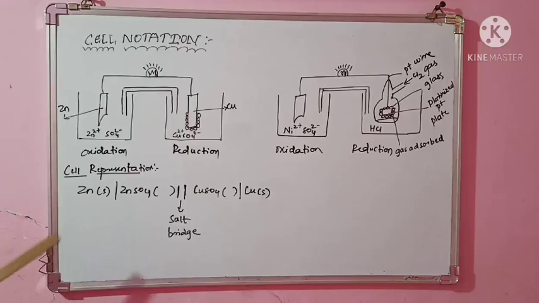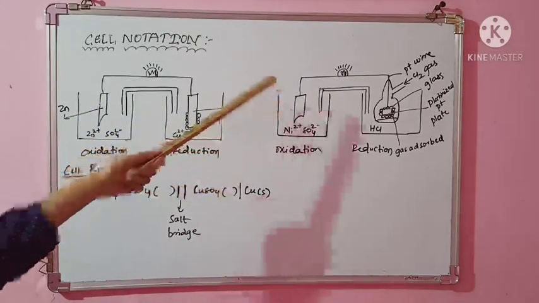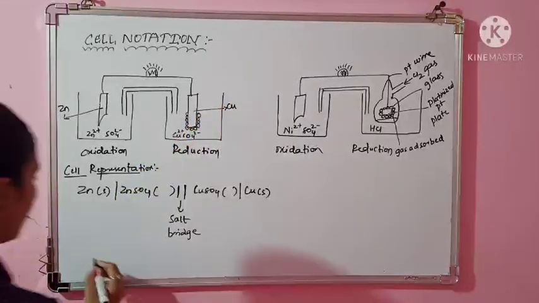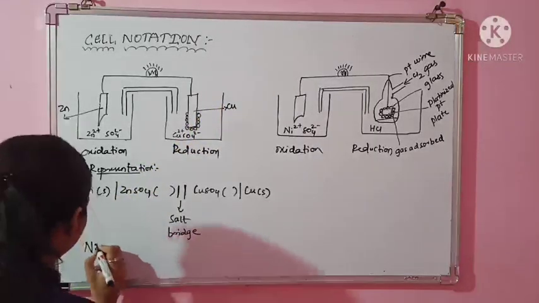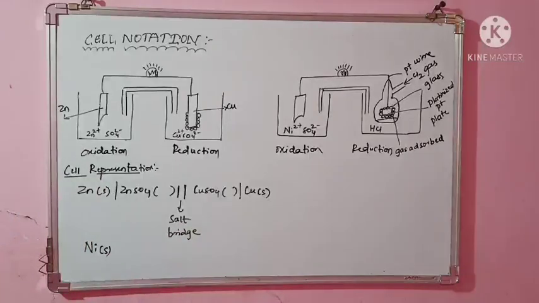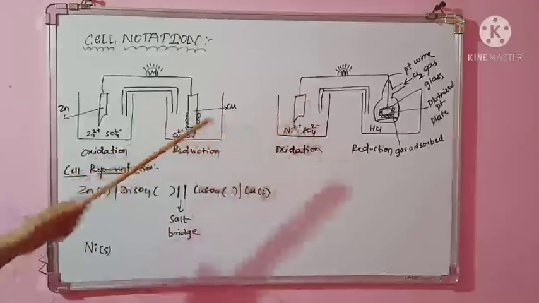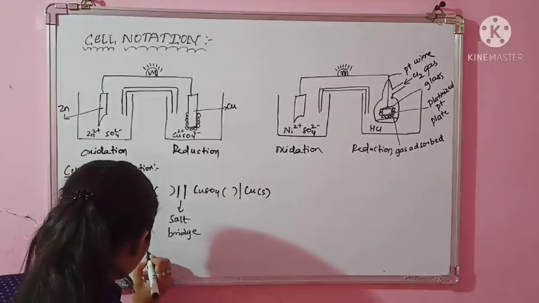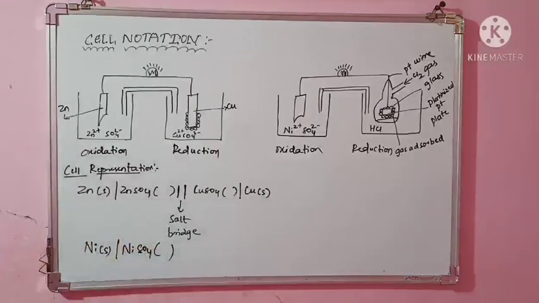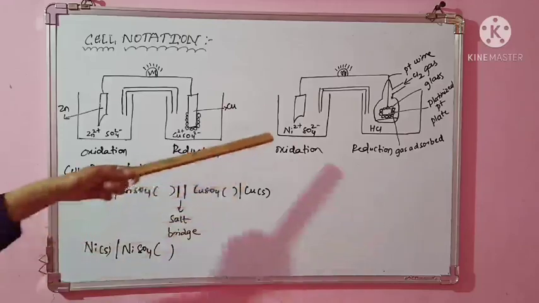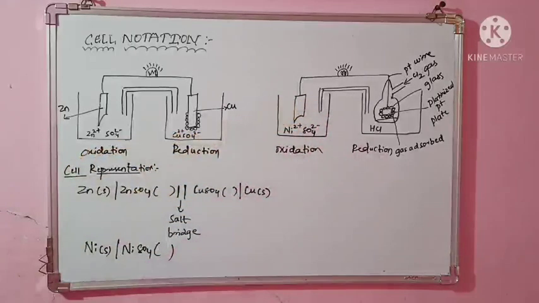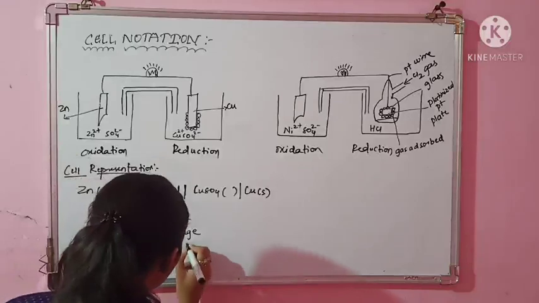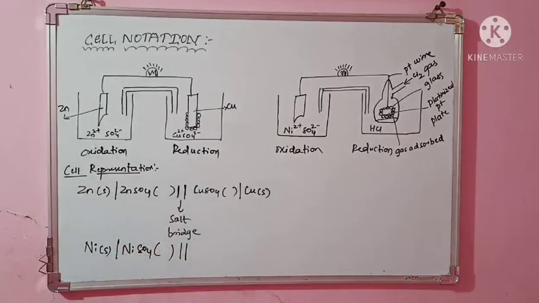Clear? Similarly, we will move on to that side. So again, first what? Left side. Left side means you have to take the first metal. I'll write here. So first nickel, a solid metal. It is in contact with what? Nickel sulfate solution, NiSO4. It will have a certain concentration, and it is in connection with the salt bridge. Okay, so I'll draw two lines. Again, the salt bridge is in connection with